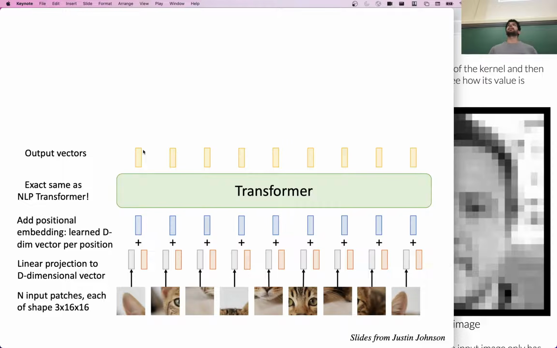You get the final layer token-level, so here it would be the patch-level representations. And instead of predicting the next patch, whatever that means, they just train this in a fully supervised way on the ImageNet dataset. So the goal is, given this image, I want to predict that it's a cat out of those 1,000 different classes.